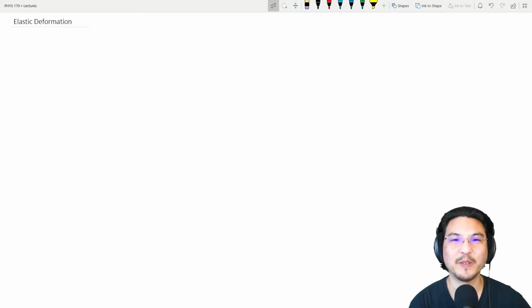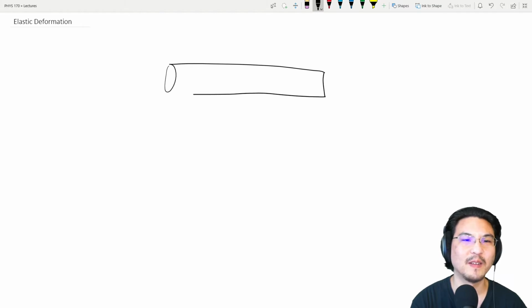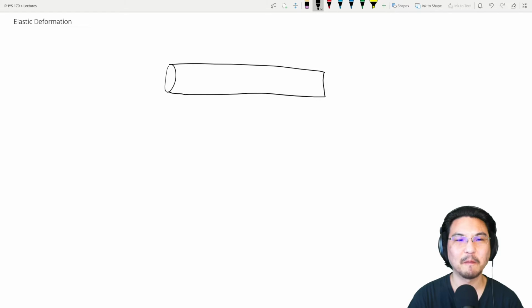Hey everybody, this video is about elastic deformation. So imagine you have some object like a bar. When you apply forces or torques to it, you could change the shape of the bar, or deform it. For example, you could apply forces like this, where you stretch it in tension. That's called tension, or